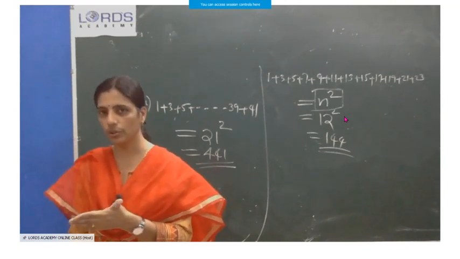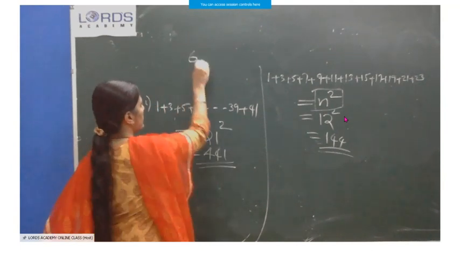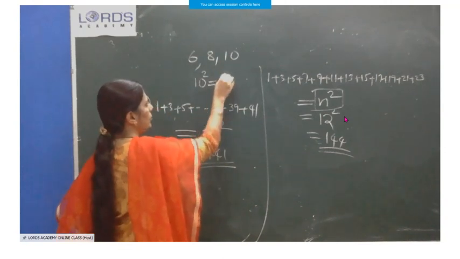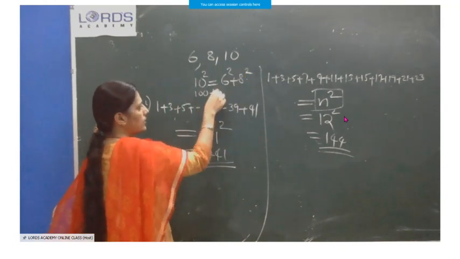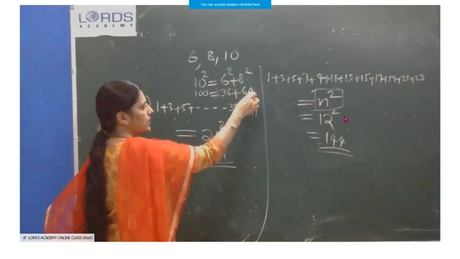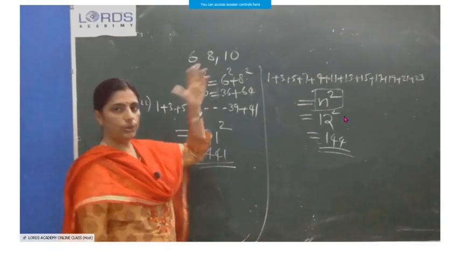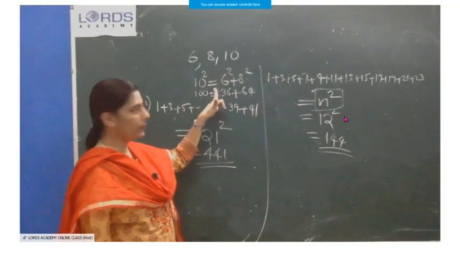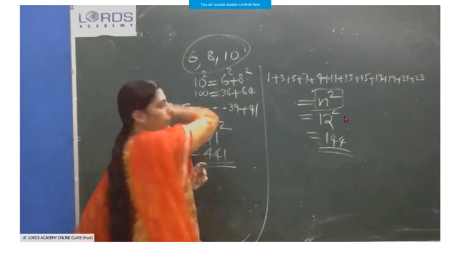I think that you wrote the answer from the textbook. One set is 6, 8, 10, because 10 square equals 6 square plus 8 square. Is it? You check. 10 square is 100. 6 square is 36. 8 square is 64. 36 plus 64, are you getting 100? Yes. So you cannot take all the numbers, only those which satisfy this: the longest side squared should be equal to the sum of the squares of the other two sides. So this is one Pythagorean triplet.